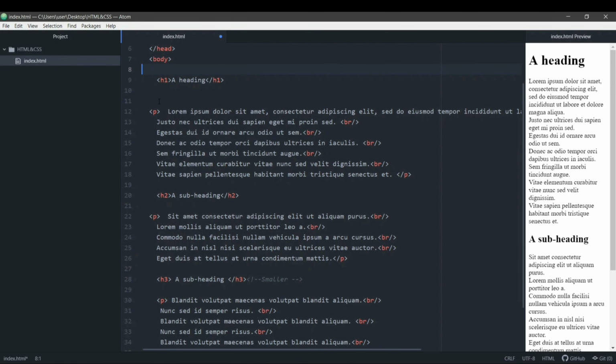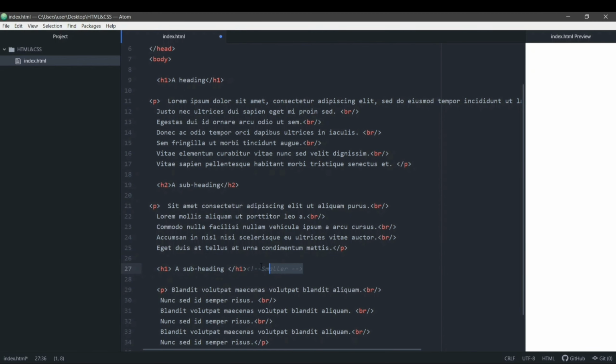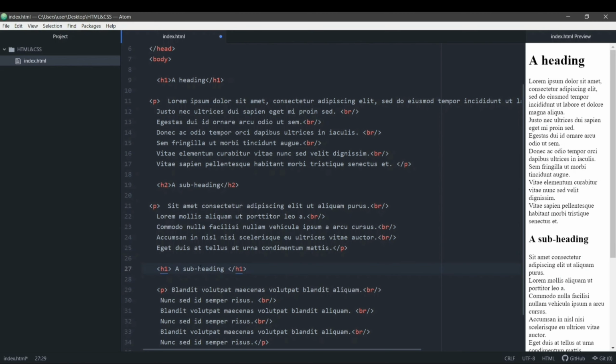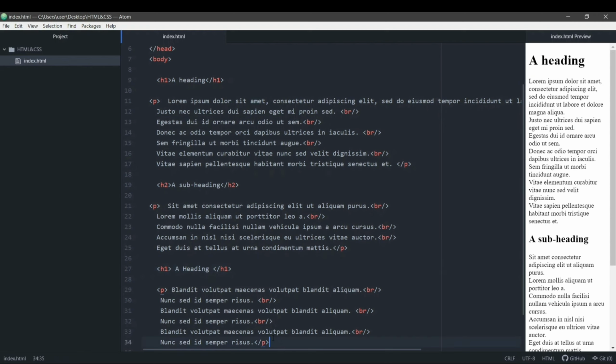Now I want our browser to know that this whole part, this heading and this heading, belong together. I'll create an h1 heading here so that you can differentiate. I'll remove this comment and this subheading, and I'll create this heading also. So now our browser needs to know that this whole content is grouped together. This is about one thing, and then this part is about another thing.